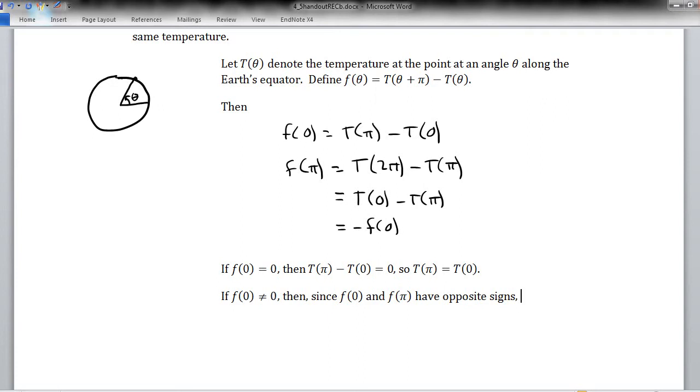Because this function f is continuous. It's the, let's see, T of theta plus pi is continuous because it's a composition of continuous functions. And then a difference of continuous functions gives a continuous function. So because f is continuous, we can apply the intermediate value theorem. And we get that there exists some c in the interval from 0 to pi